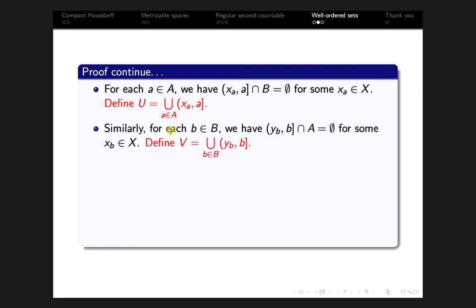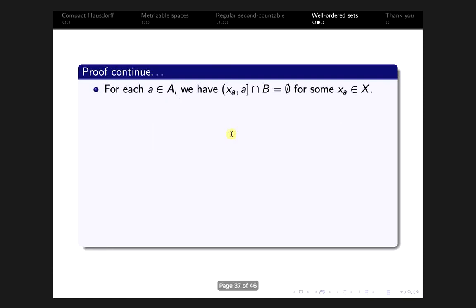Now similarly, for each little b in the closed set B, we have some basic open set (yb, b] such that its intersection with A is the empty set, for some yb in X, and we define V equal to the union of these basic open sets. Here, why have we assumed that